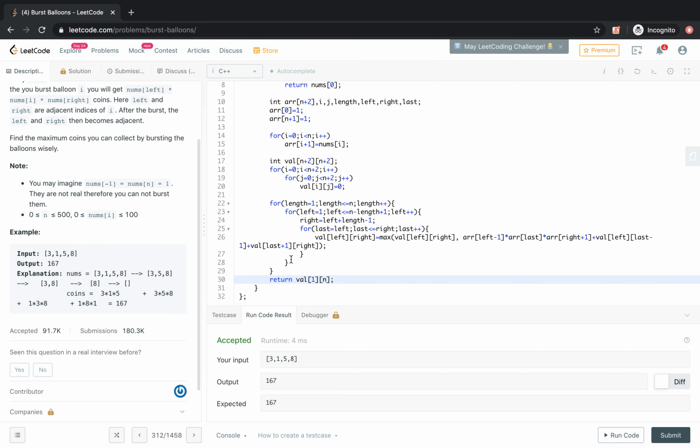For every length we find the left index and the right index, and in the sub array between them we find the last element that can be burst. And after bursting the last element, we compute the value of this sub array. In this way we fill the whole matrix and return the result.